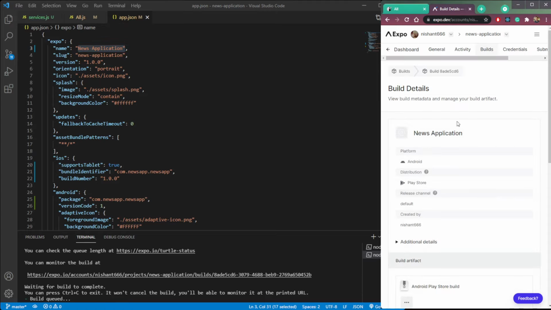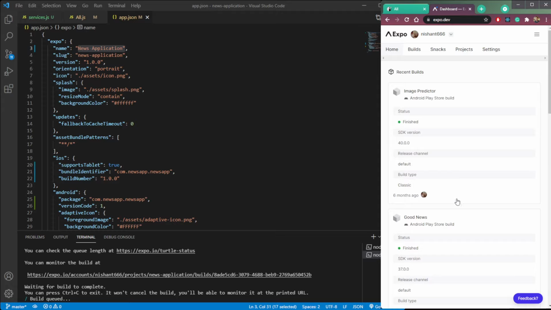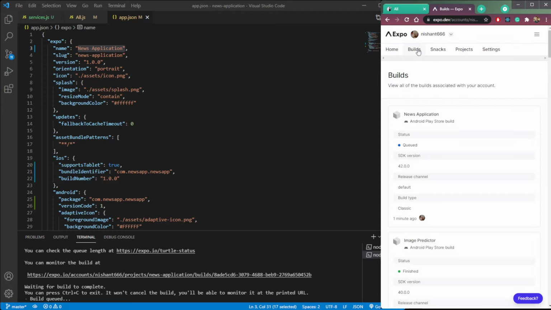It is in the line to be built. So it will take some time, like 1 or 2 hours to generate the build fully. So you need to wait, and after the build is generated, you can download the app from here, from this expo. And that was all about how to create a news application in React Native.